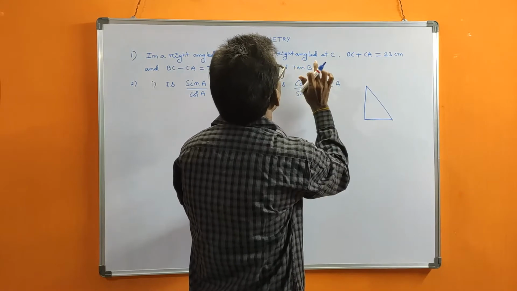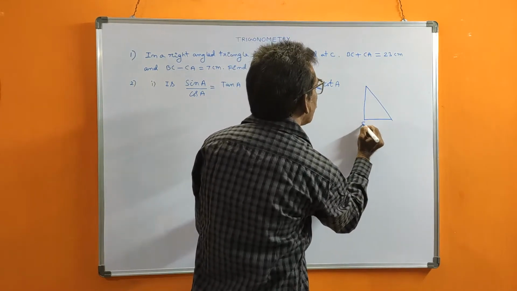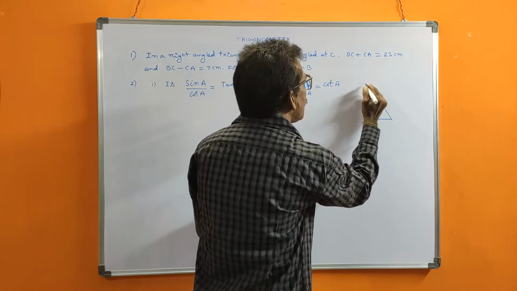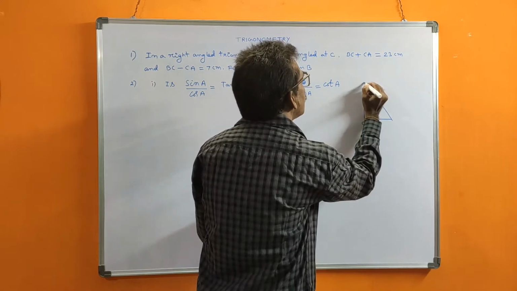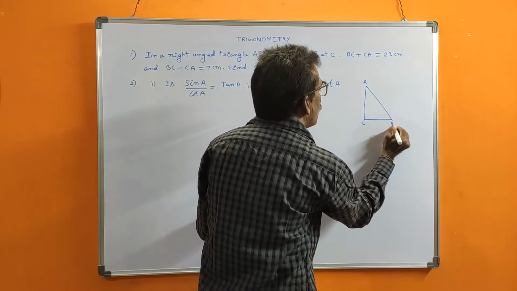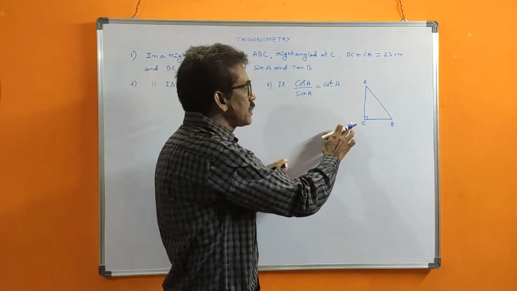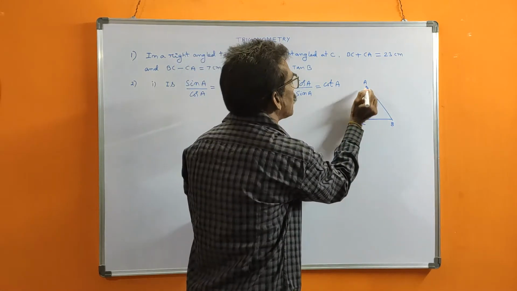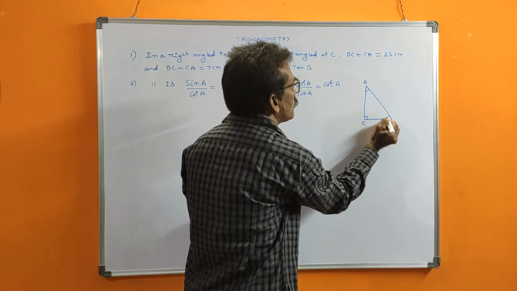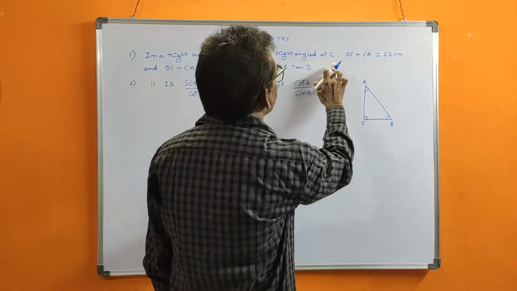But I told already, first you should see the right angle at C. That's why C only is the right angle. Otherwise, the rest of the lettering is our wish, no problem. Where the right angle is, only that is important. Remaining sides, no problem. Angle A and angle B, those two are angles. Right angle at C.